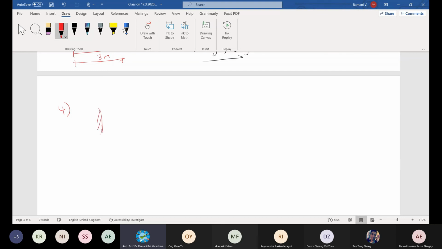Again, bending moment and shear force diagram. You're going to draw bending moment and shear force diagram. Please take this question, which is very simple, with some UDL as well. That is important. Or I give a similar question. You want a similar question? Okay, let me give a similar question for you so that you can practice.